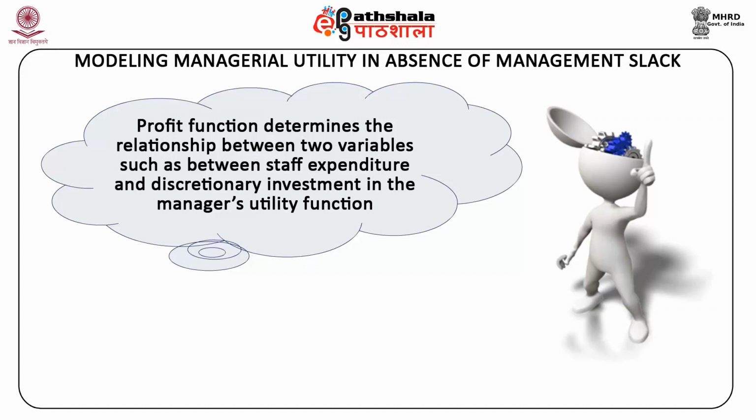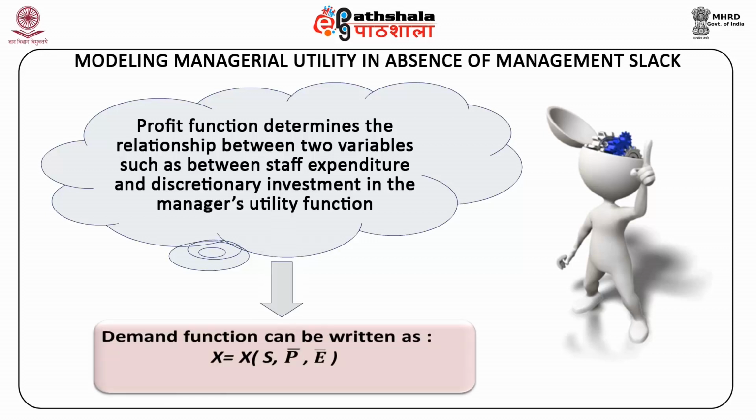Demand of the product is functionally dependent upon the prices, staff expenditure, and the market condition. However, at different points of equilibrium, price and market condition are assumed to be given exogenously, so that we can write the demand function as x, which is a function of s, p bar, and e bar, where x is quantity demanded of the product of the firm,